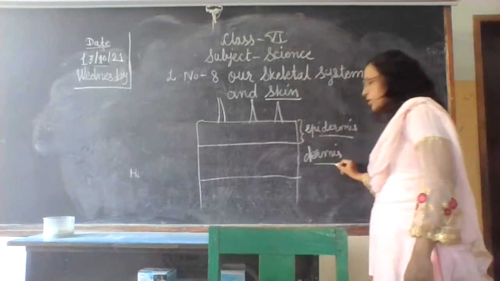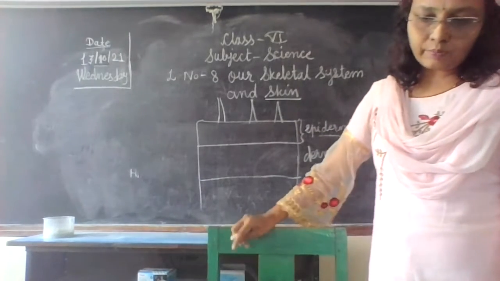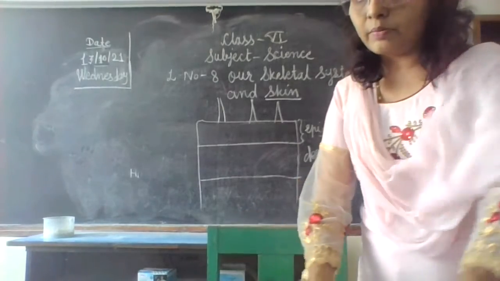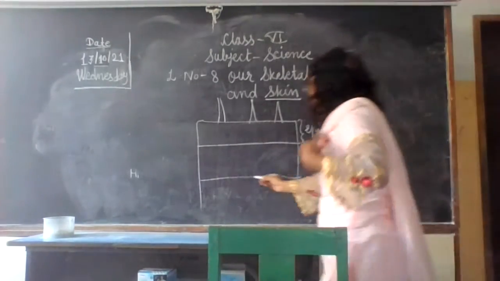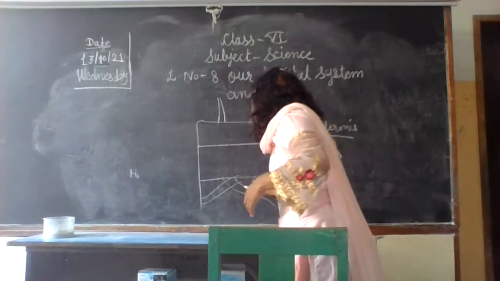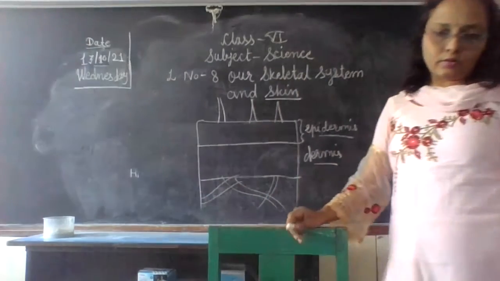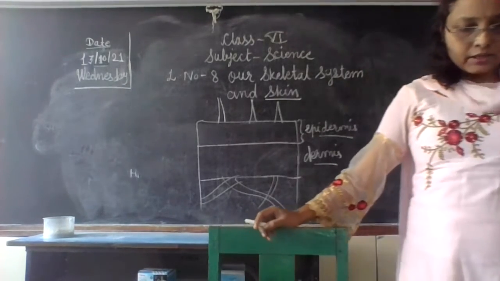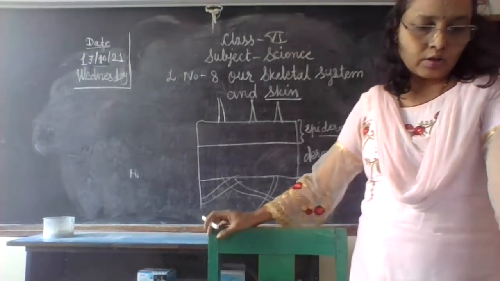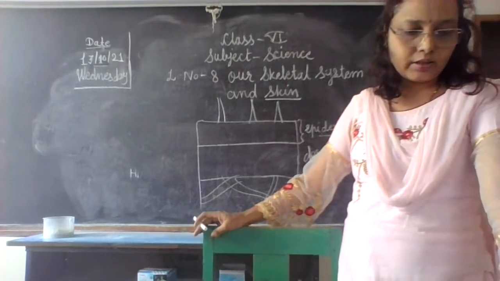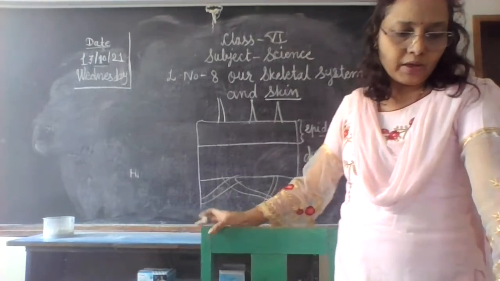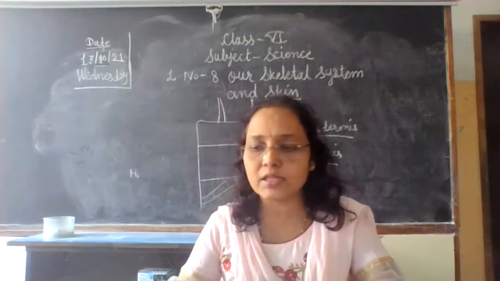Epidermis के नीचे dermis. Then below the dermis there is a network of blood vessels. Various blood vessels are here below this dermis layer. And nerve fibers are also present. Then the subcutaneous layer under this network maintains normal body temperature. The epidermis has various layers. A sweat gland is present that releases the sweat.